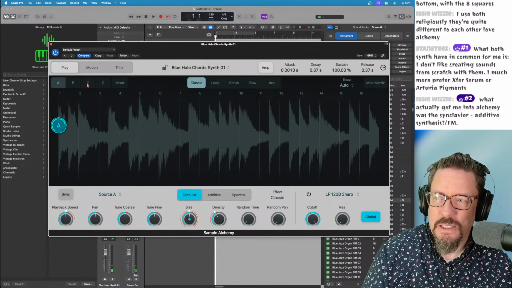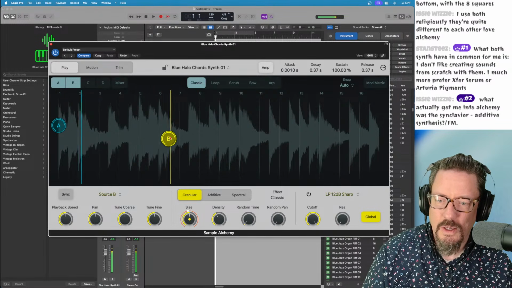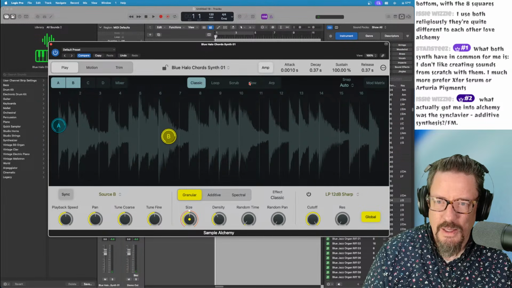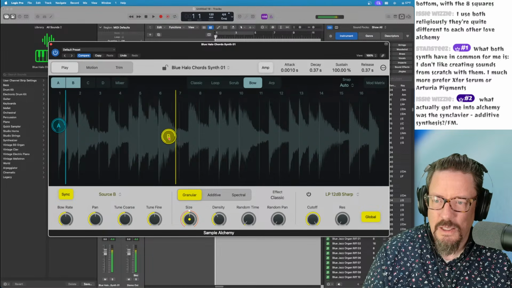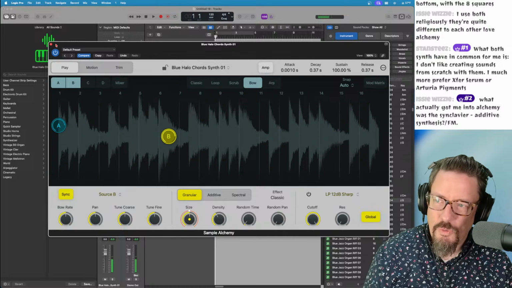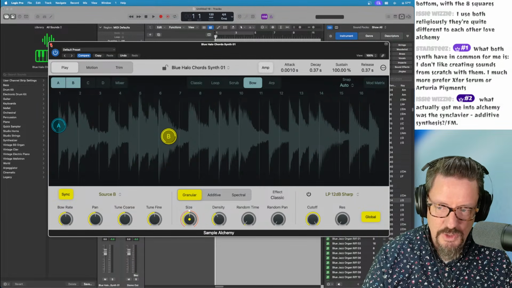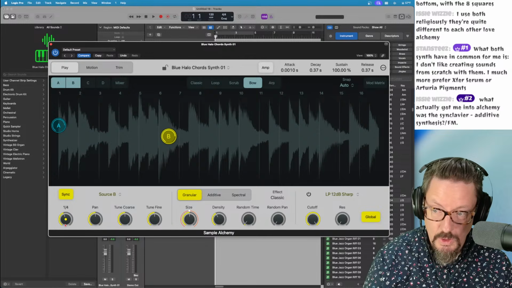Let's, for instance, turn on B here, and we'll bow these. Right, so whatever. I just make a new instrument here, all the different controls. This can turn into something really cool.